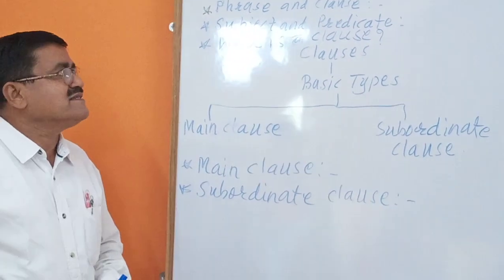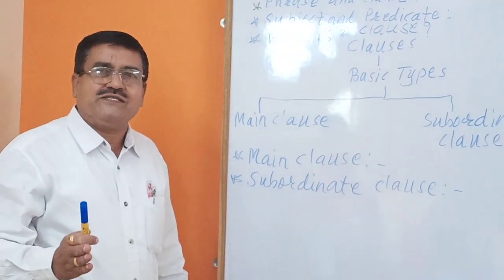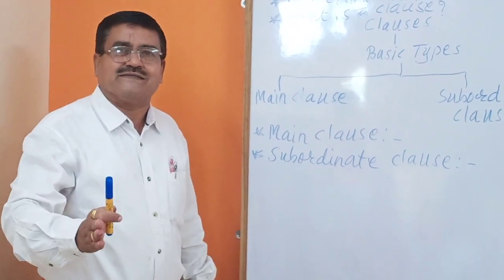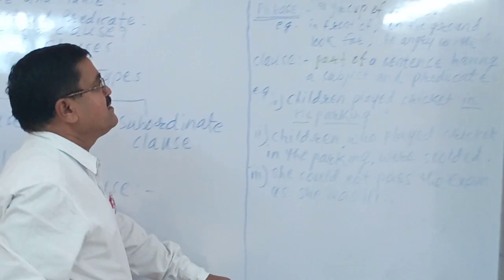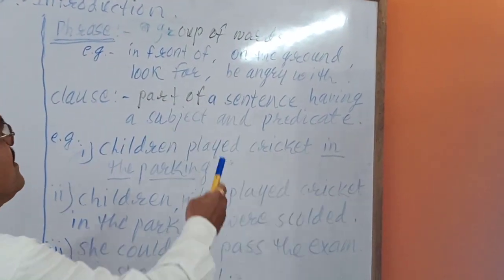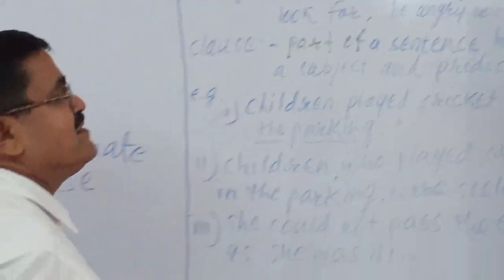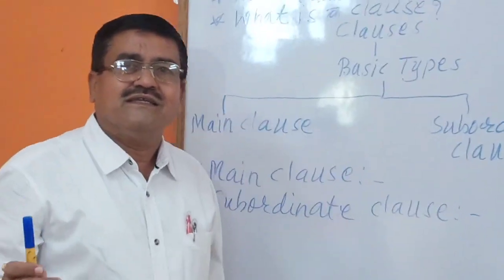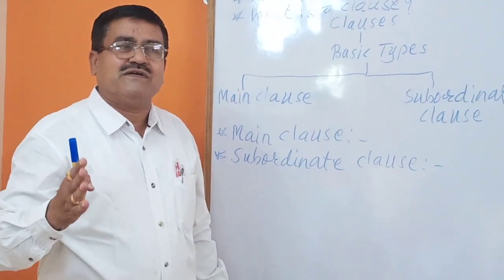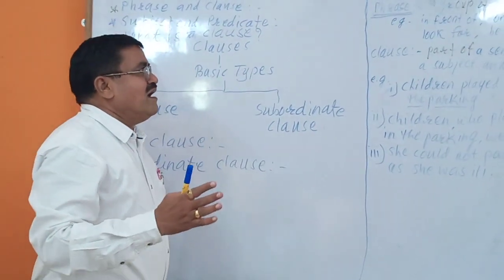Brothers and sisters, a phrase is a group of words which makes sense but not complete sense. For example, in front of, on the ground, look for, be angry with. These are phrases. Each of these phrases makes a sense but not complete sense. Okay? And